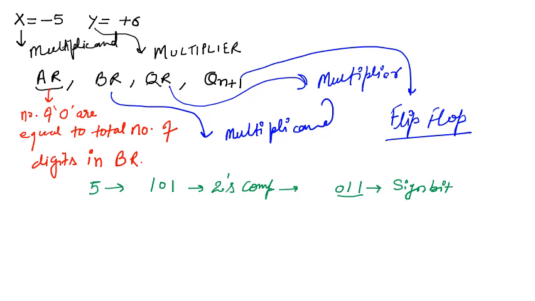So we will apply the sign bit, and after applying the sign bit, this number will become 1011. So this will be the value of our BR,